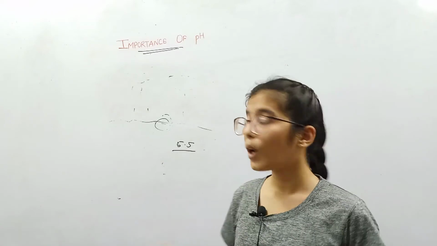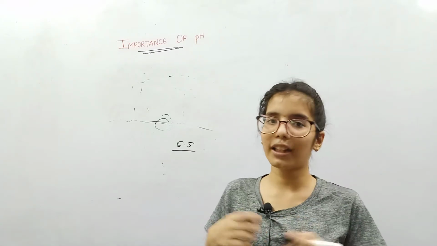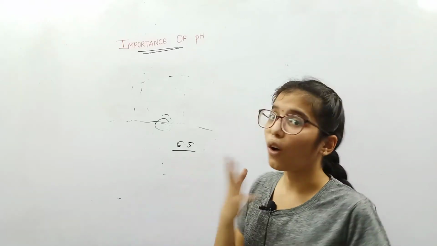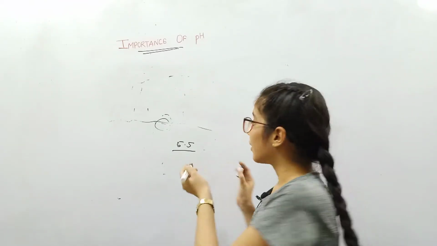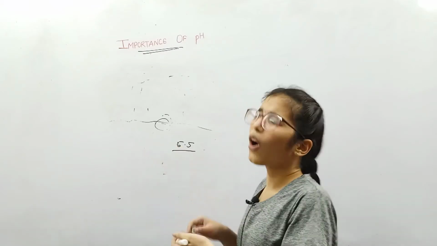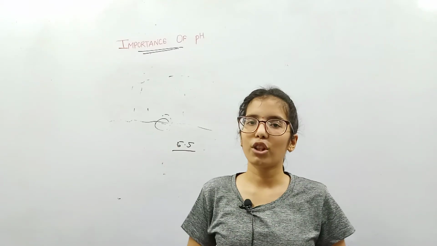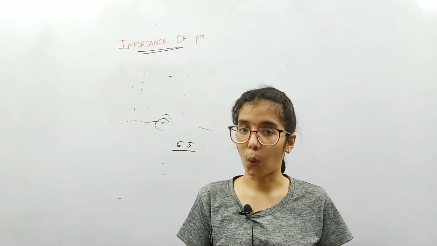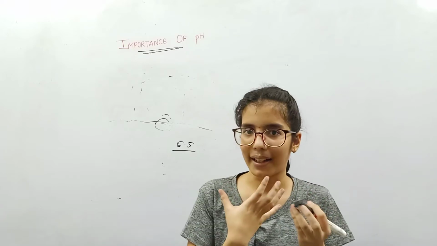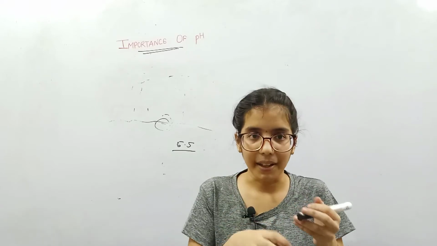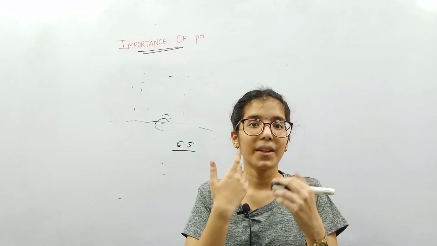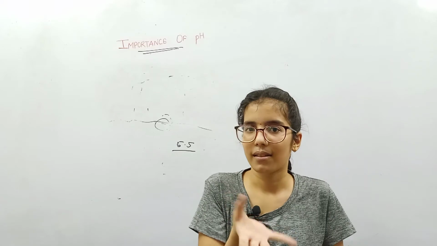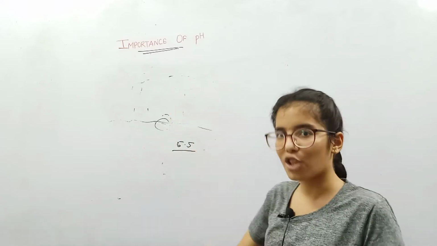Okay, so now we know when the pH is less than 5.5, then it causes tooth decay. But what are the conditions which cause it to be 5.5? What happens in our mouth that decreases our pH value to 5.5 or less? Actually, once we have eaten food, the food particles get stuck in our mouth. In our mouth, there are some bacteria. They degrade the food particles, they degrade the sugar present. During the process of degradation, they produce some type of acids, and that acid decreases the pH value.